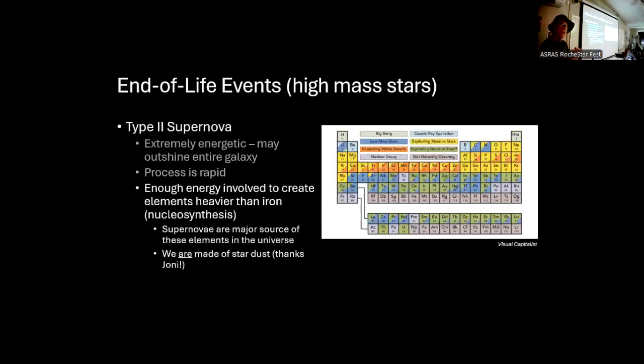Enough energy is created in these supernovas to fuse heavier elements. So elements up until iron can be fused by stars. Whatever iron and less heavy elements exist in the universe can be accomplished by stellar fusion. But all of these heavier elements have to come from some other process, and you can't get to those pressures and those heats without a supernova explosion. So the vast majority of the heavier elements come from nucleosynthesis that occurs in supernovas.